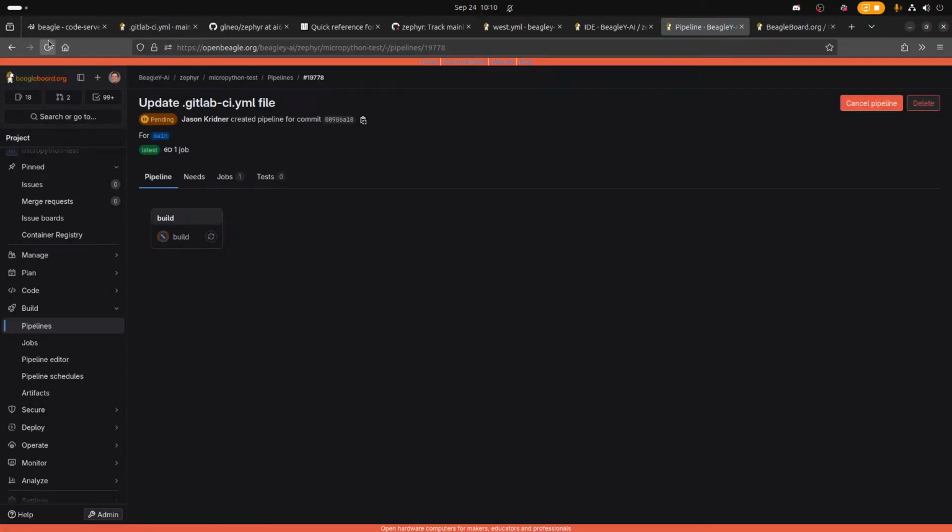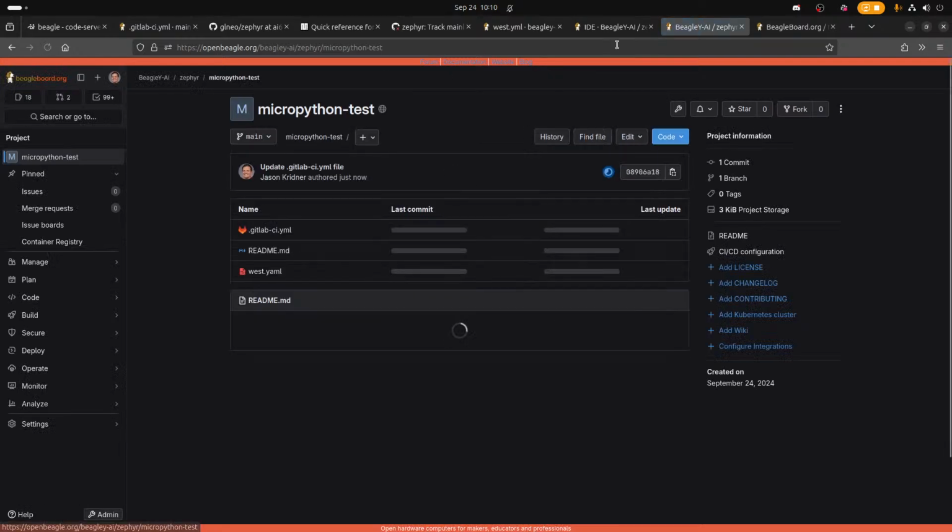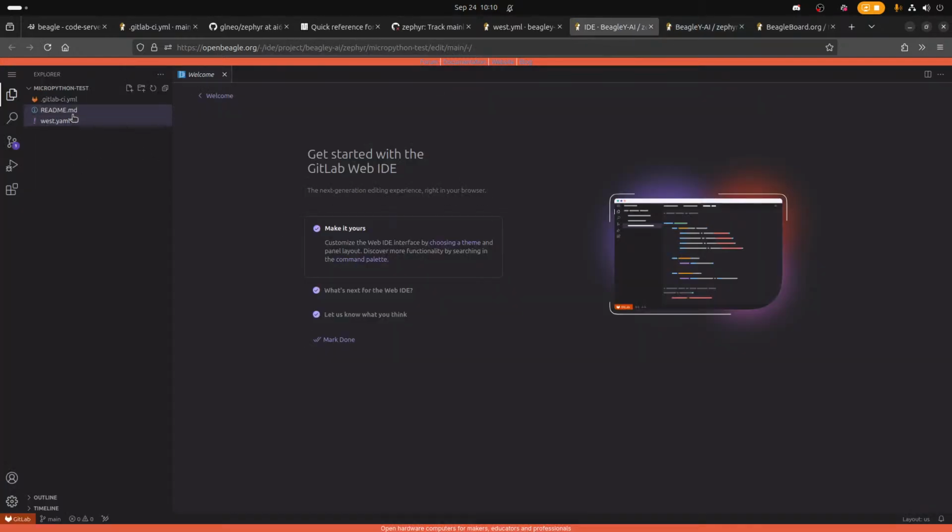Sometimes I've seen the need to make some small change to the project to get it to actually trigger. Yeah, I'll probably have to change something.